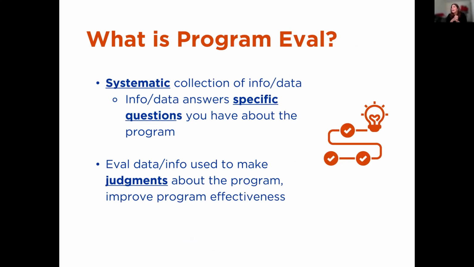So just as a quick level set, when we talked about program evaluation last time, this is in general the kind of definition in the space that we are living in. When we're talking about program evaluation, what we're talking about is the systematic, meaning not willy-nilly. It means it's planned, it's thought out, it's meaningful collection of information and data that answers specific questions that you have about your program. Also, evaluation data and information can be used to make judgments about the program